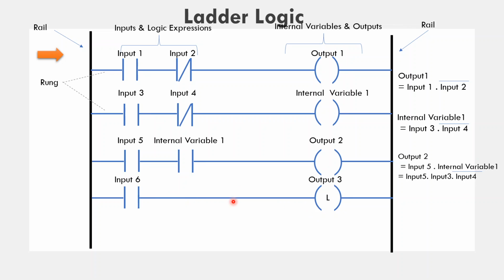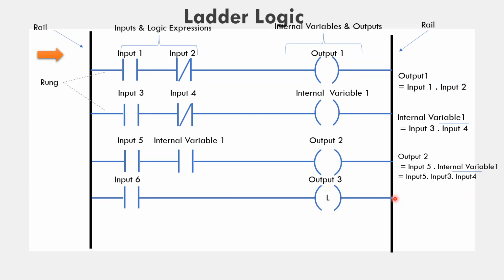So how it works? Here the output 3 becomes high when this switch gets pressed, or this input becomes high, and it will remain in the high position even if you release this input. What it means is, when you press this switch or provide the high input to input number 6, immediately that is latched in the internal register, and this output becomes high for an infinite time.